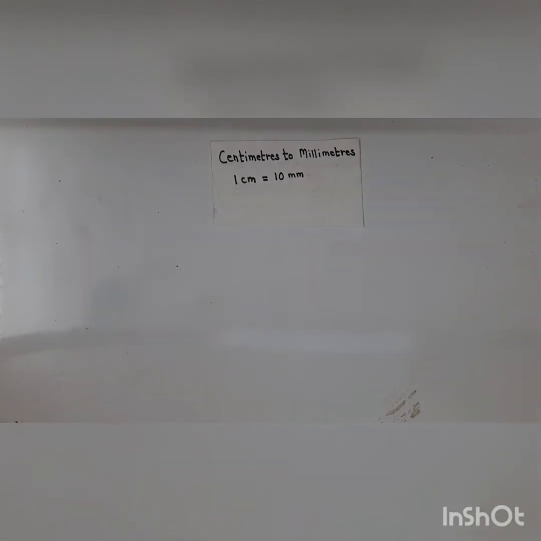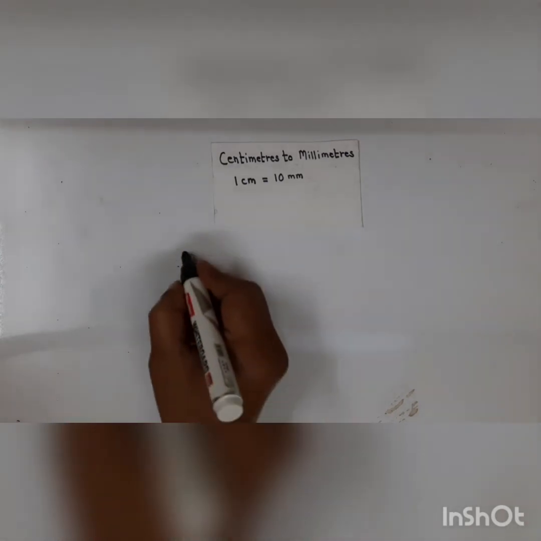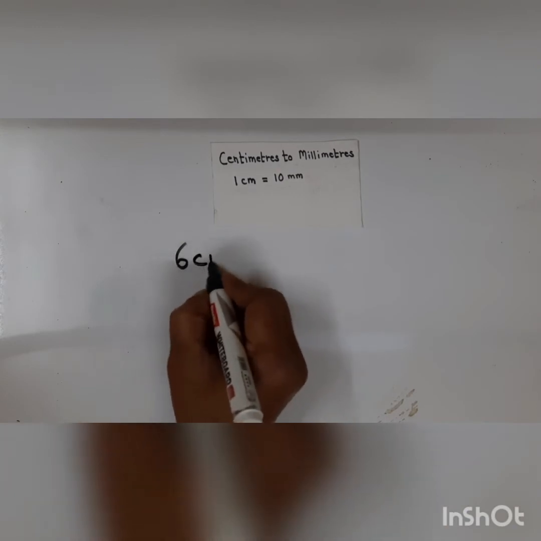So children, we move to the second measurement, that is centimeters to millimeters. So 1 centimeter is equal to 10 mm. Now let's take a sum. First let's take one from grade 3. Yes, let's take 6 centimeter